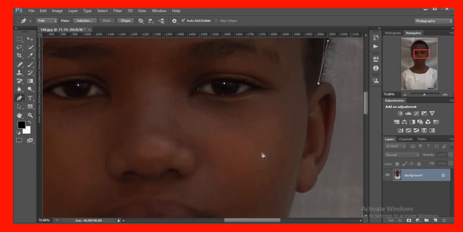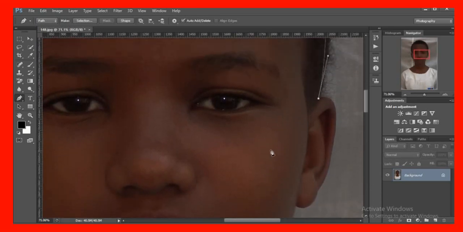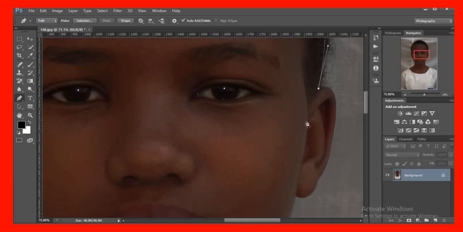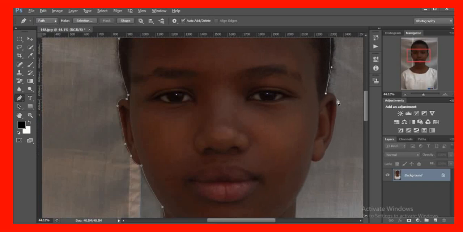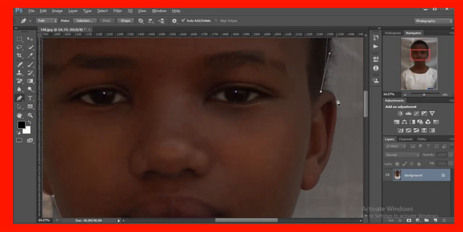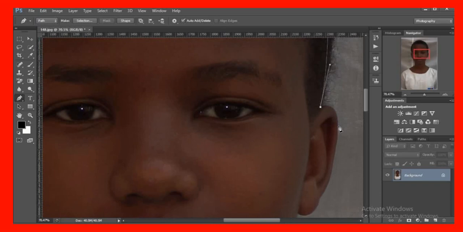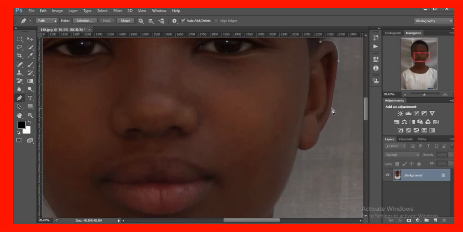If you can't see a picture well, you can reduce its size by holding Alt key, and scroll your mouse like this. You can see. Good. Then you select where,